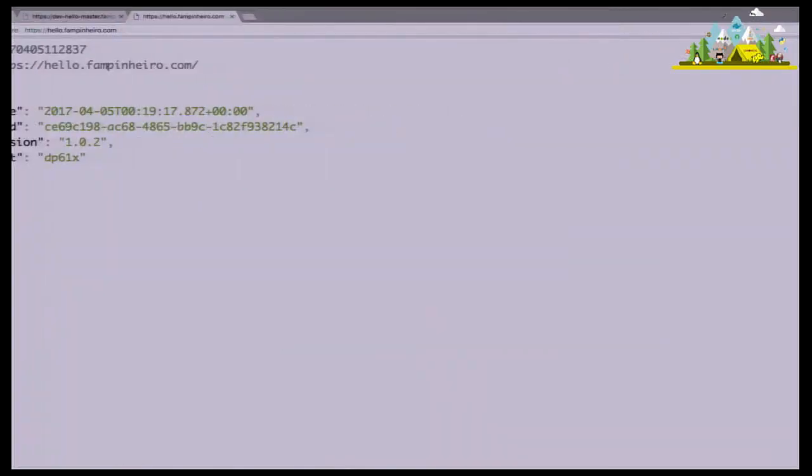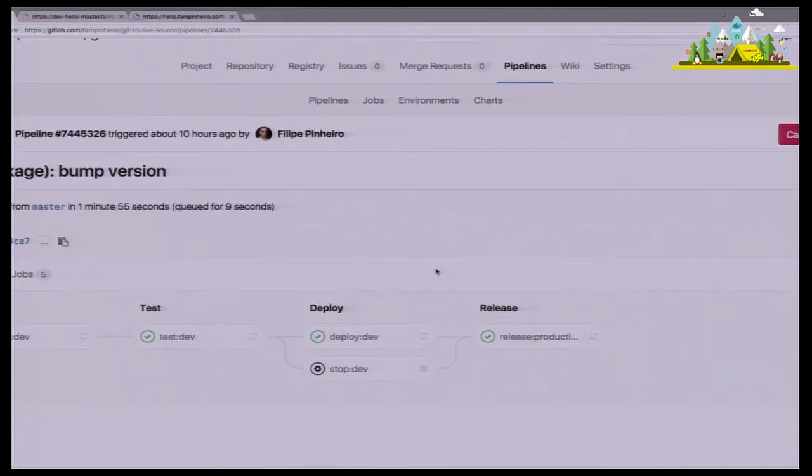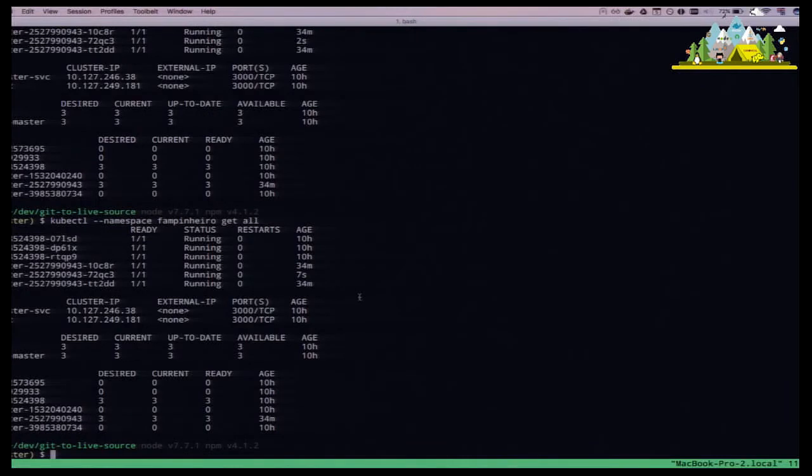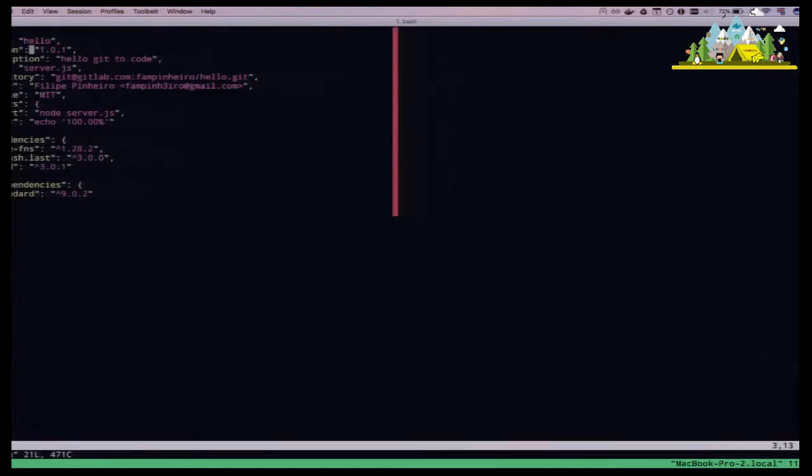So let me just show you how a pipeline looks like on GitLab. So the pipeline looks like this. You have the build step, you have the test step, you have the deploy step, and you have the release step. The release step only happens for master. So imagine that I create a new branch. A new branch can be fixed, okay? And I just change the version to,